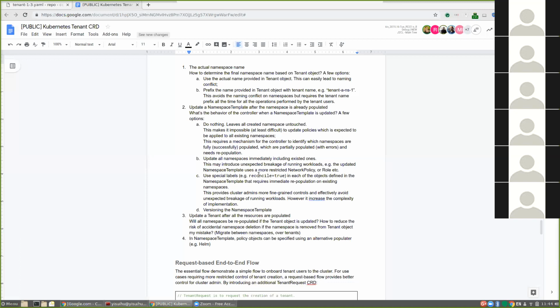So that's kind of one thread here, which is just this namespace conflicts and resolution and so on. The second thread is this modification of templates after the tenant is created. The third point is,